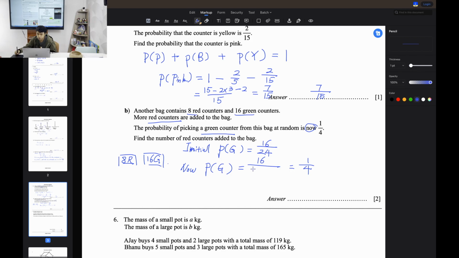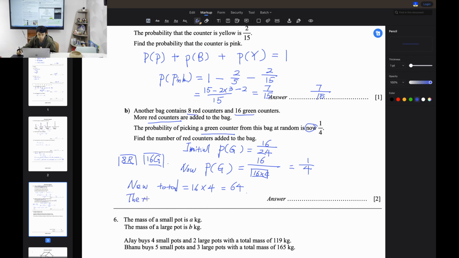So this is 4 times 16, which is 64. So the new total equals 16 times 4, which is 64, and the original total is 24. That gives us the number of red counters